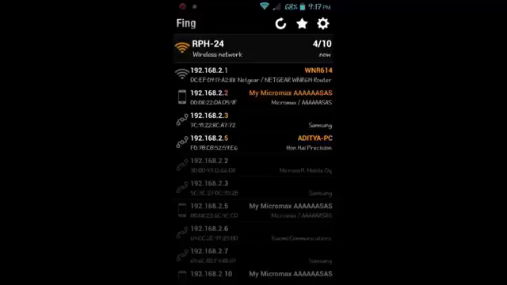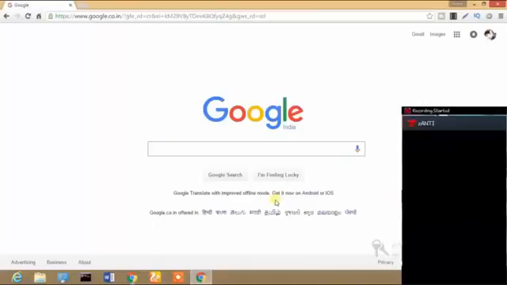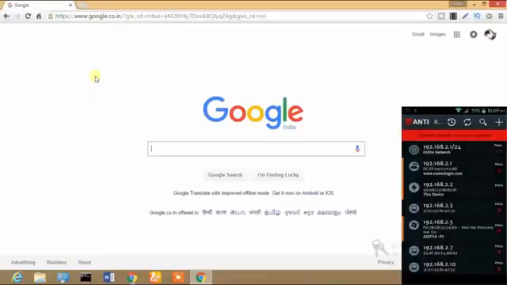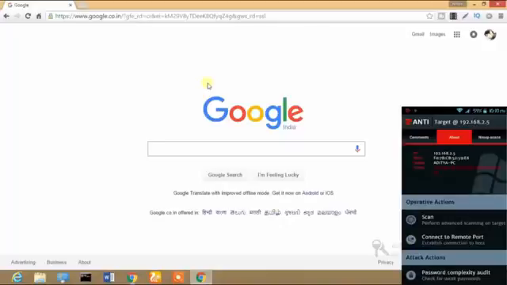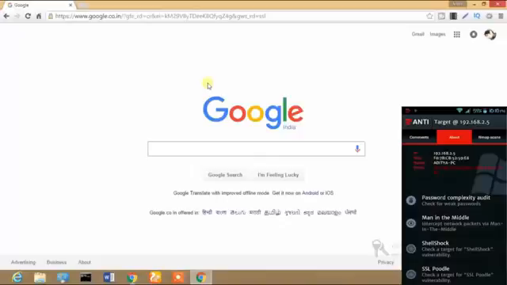So now we know the IP address. Then we will open Xanthi, and after opening Xanthi we will search for the devices. Now you see there are different devices, but it's the third from the last, which says 2.5 in the last digits of the IP address. So we will click on it, and now we will click on man in the middle, which is a type of attack that we are gonna perform.